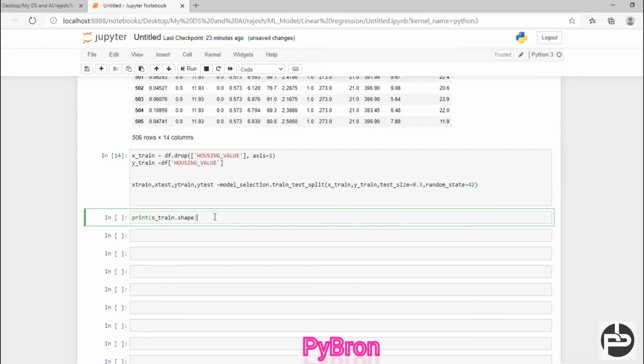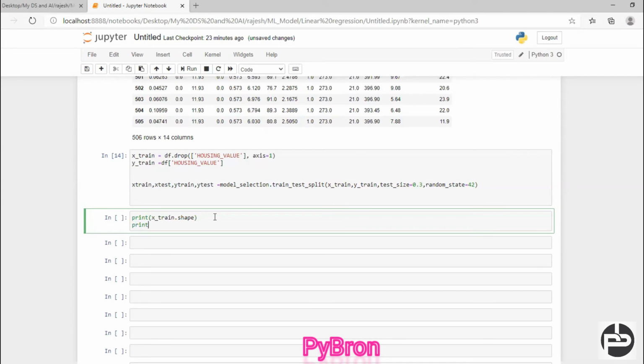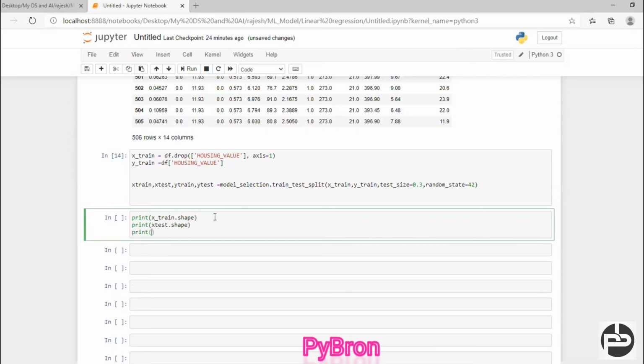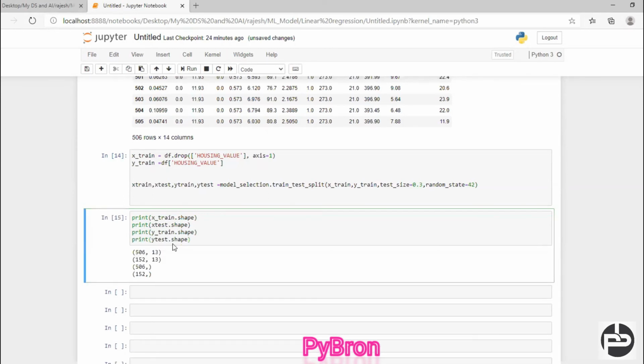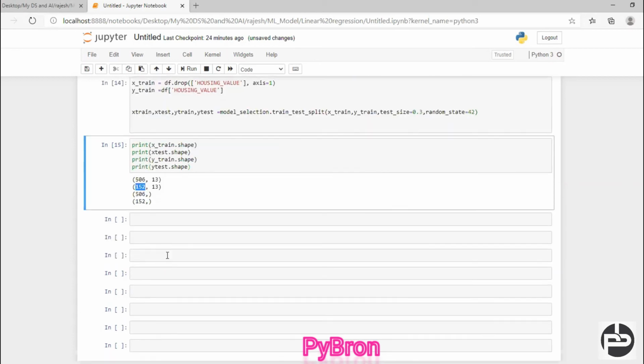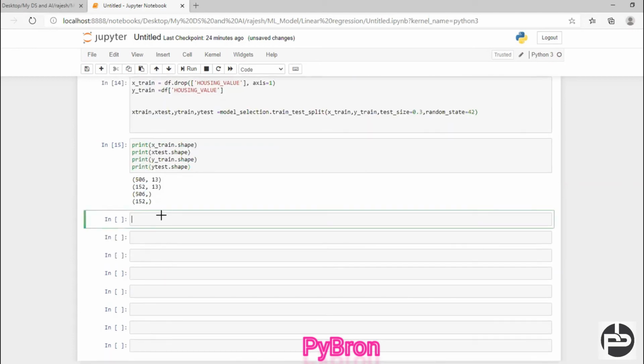So if you want to check all those things, you can call the shape attribute: xtrain.shape, xtest.shape, ytrain.shape and ytest.shape, right? Cool. So you can see xtrain is 506,13 and my xtest 152, again ytrain 506 and ytest is 152. So my data set has been segregated into two parts, one for training, another for testing.